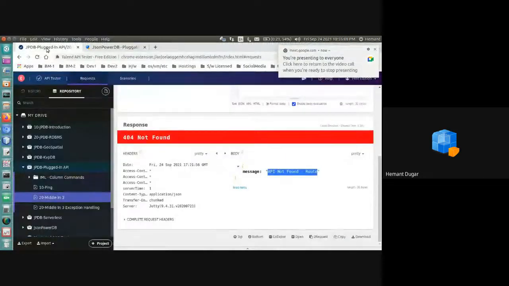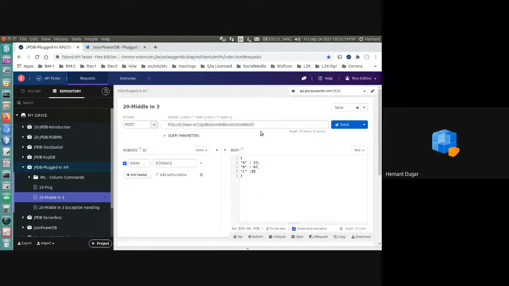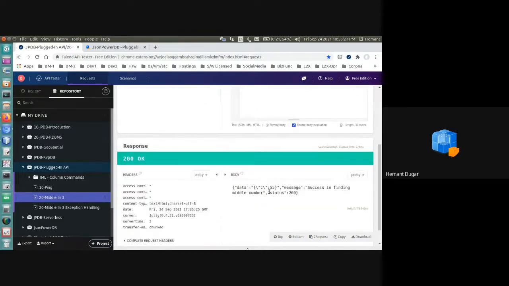Here, okay, here. So we saw that 404 not found. Message API not found. But now because this API is plugged into this instance, this instance will have the running API.